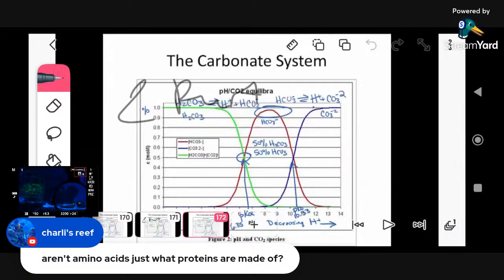For example, DNA, that's deoxyribose nucleic acid, right? DNA is also an acid. You get what I'm saying, guys? But it's a protein. It's, I don't know, guys. Go ask the biologist. But I'm just letting you guys know. But yeah, that's definitely true, though. Charlie Reefs, that's definitely true.